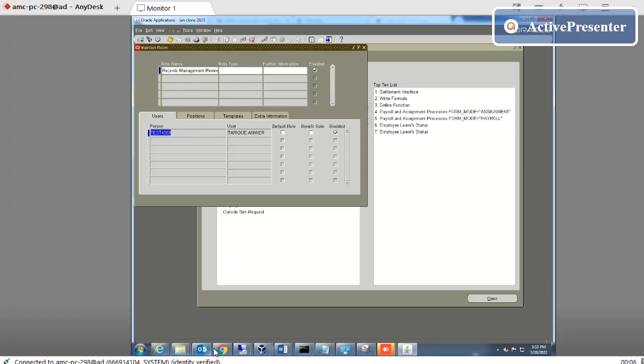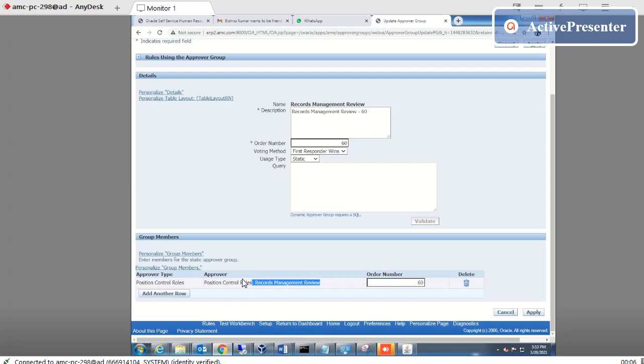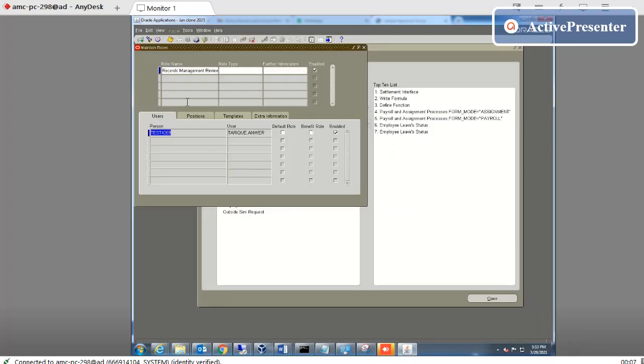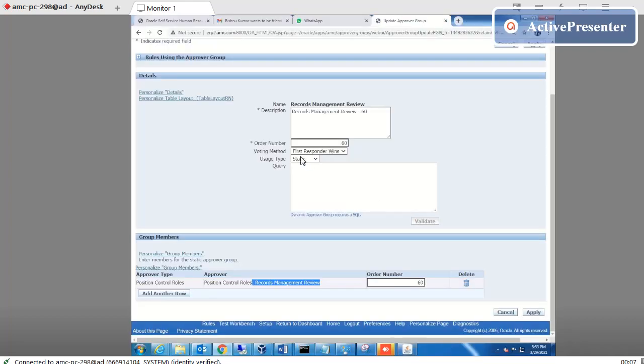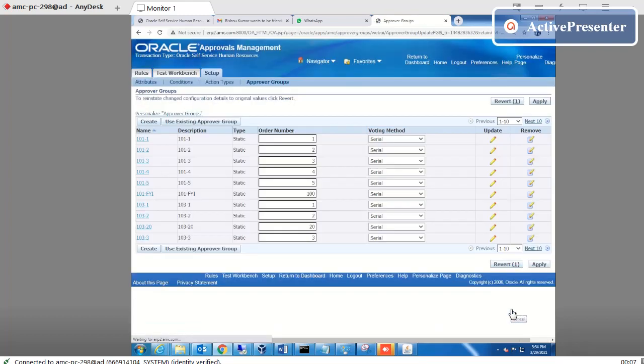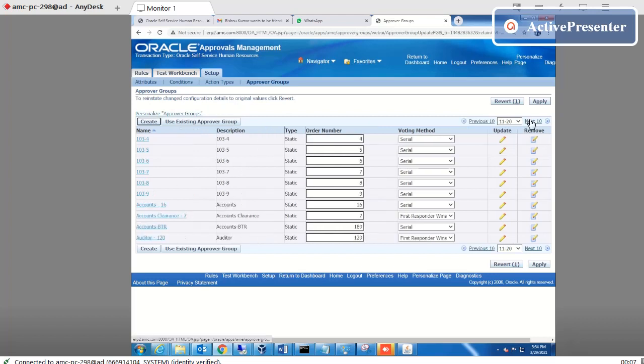So whenever we write the role here, the system will check from this one. Okay, this is static. This is not query based. We have some query based also. Let me show you how we can make a query.